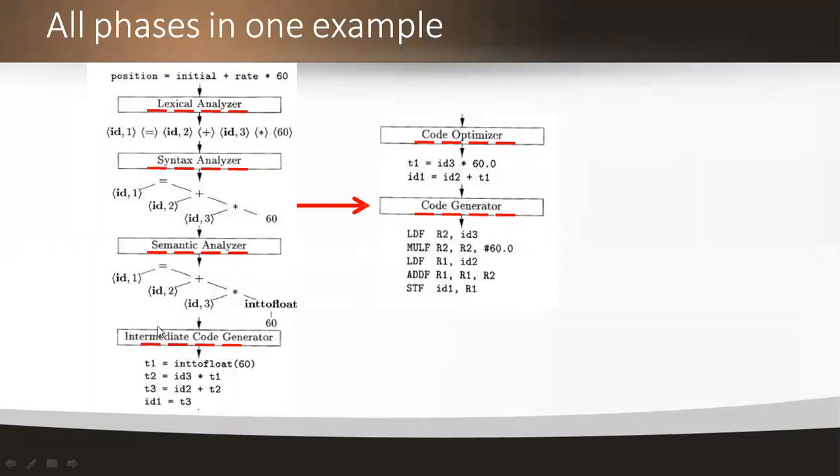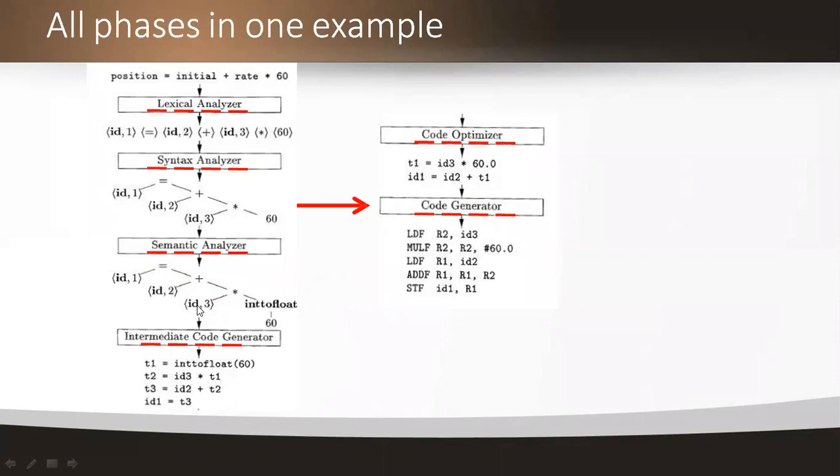For example, see here from the structure of the semantic analyzer, from leaf to root, we are starting from leaf to root. Leaf in the sense here int to float. So we are giving a temporary storage value for this, T1 is equal to, we are storing this in temporary storage 1. Now this 60 is multiplying with some identifier like ID3. So again, we are taking a temporary 2, and we are performing a multiplication operator with the ID3 into already stored variable T1, ID3 into T1.